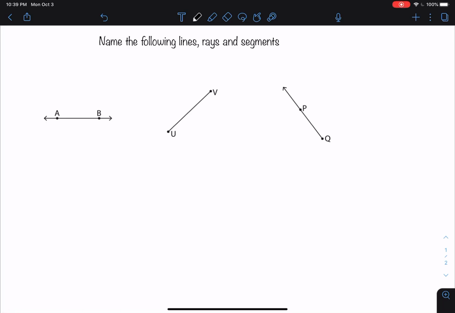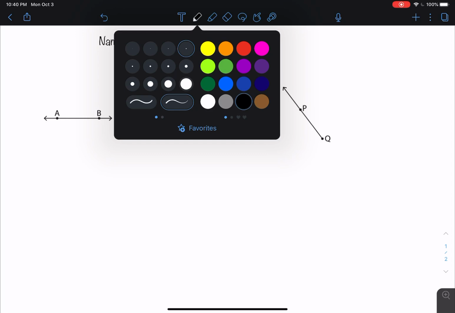This problem asks us to name the following lines, rays, and segments. So in all of these scenarios, we're going to use 2 points on either the line, ray, or segment to name it, and then the notation is just going to change and be a little different. So before we even begin, we can look at each option and determine what the